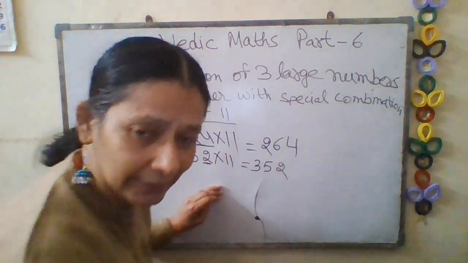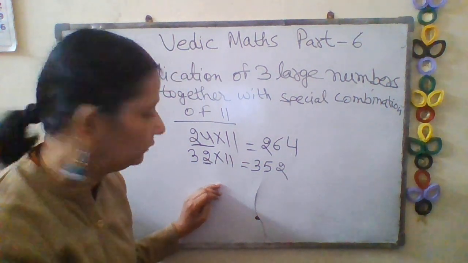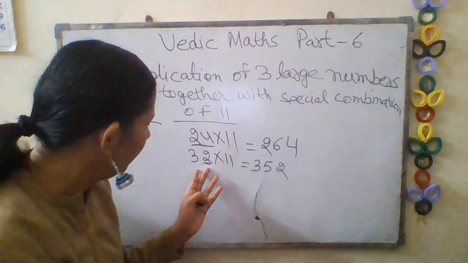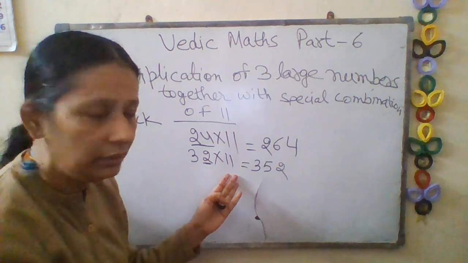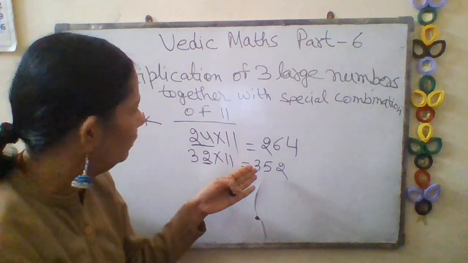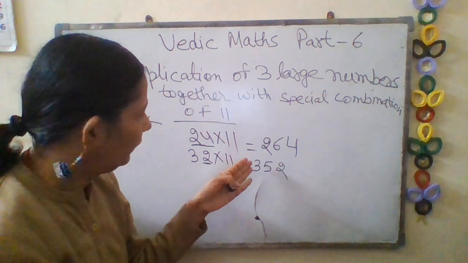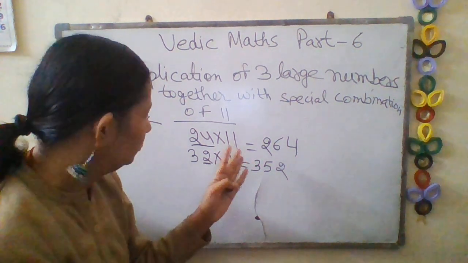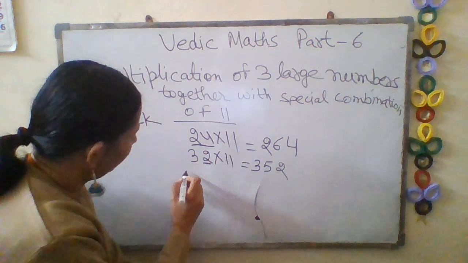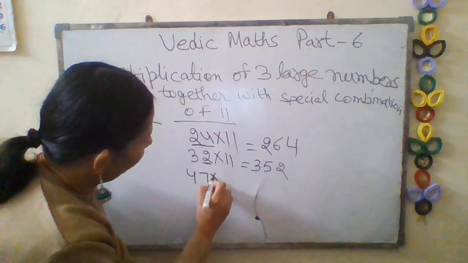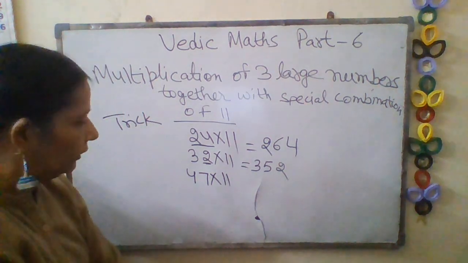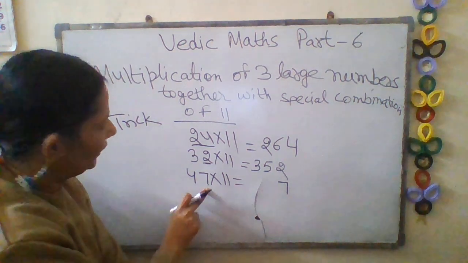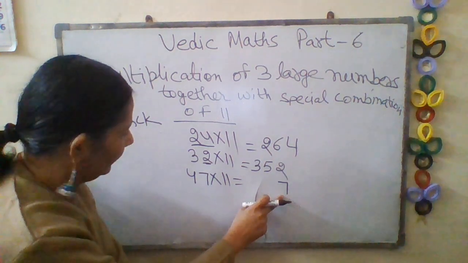See, only this trick I wanted to discuss with you. And here you can see when you are multiplying a 2-digit number by 11, in these two cases you have not had any carry forward. Now I am taking some examples with you where you will have carry forward. Now you see, if I am doing 47 multiplied by 11, I told you how you will solve it. Write down the last number as it is. 7 is the last number. Write down 7 as it is.